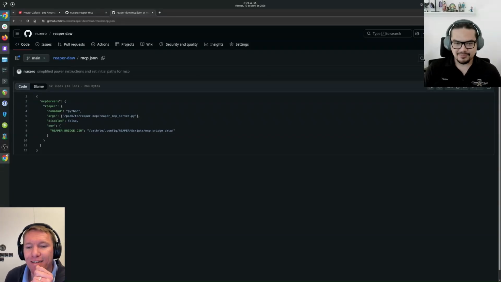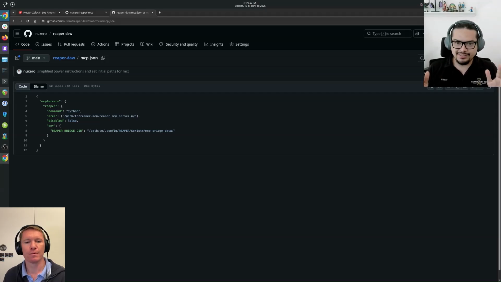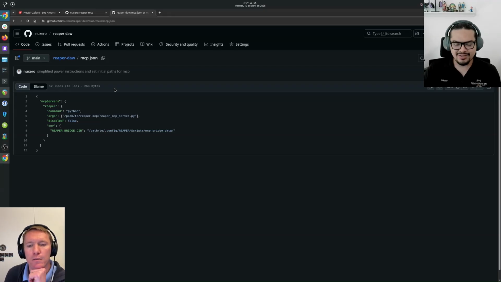Now, there's a catch. Because of the way this MCP server works, it actually requires being downloaded and copying a file into the Reaper scripts. Once you install the power, you have to go into the MCP configuration, but this is a one-time configuration. You need to add the right path to where the MCP server is available. But once you do that, this is ready to go and tackle all the music projects.